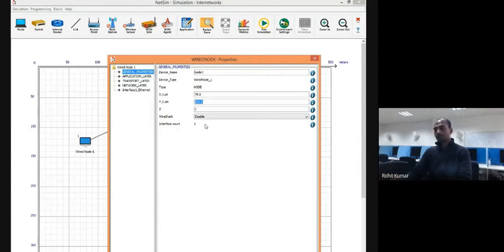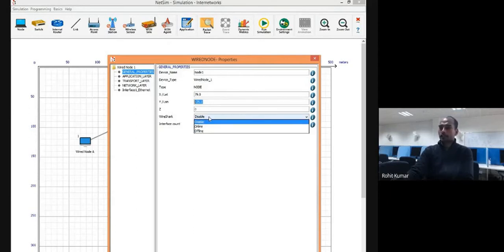When you run a simulation like we'll run shortly, even in a time span of 5 to 6 seconds, lots of packets get transmitted. Within 5 to 6 seconds, you will get hundreds of packets, so it is really hard to analyze all of them. If you want the statistics, you have to use some sort of packet analyzer, and Wireshark is that particular solution. So if you want to analyze packets at a particular device, you can enable or disable it at that device. And these are the interface count.